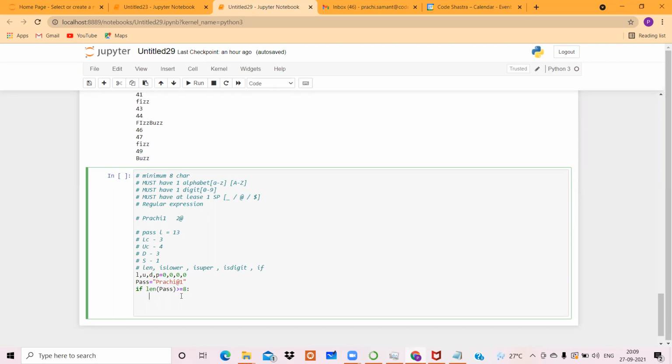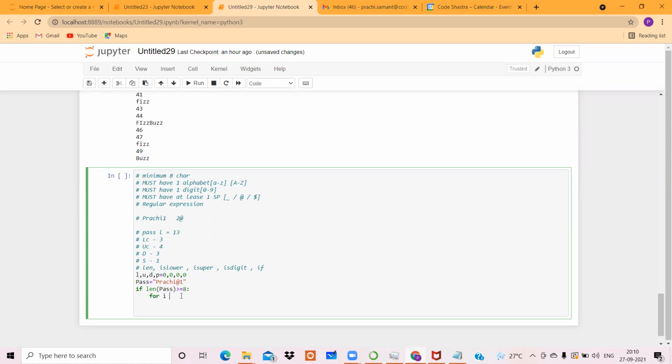So now if this condition is true, then I have to parse every letter of it. That means if length is greater than 8 or greater than equal to 8, the first condition is satisfied, the first condition is true. Now I have to work on every letter, every character, to check whether every character is a digit, or whether it's an uppercase letter, or whether it is a lowercase letter and so on. So that's why we'll write this for loop, because we have to parse every character.